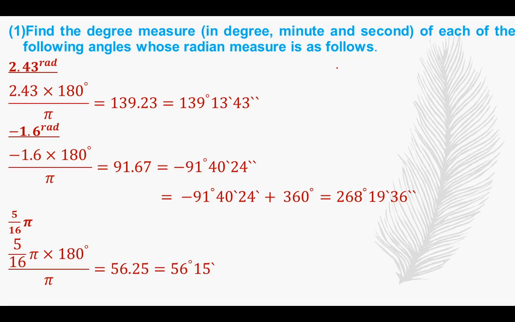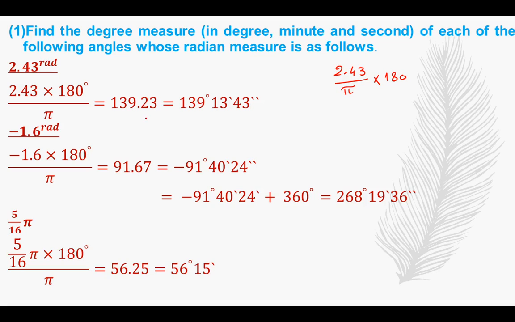So we will write 2.43 over pi multiplied by 180. This is the rule to convert from radian measure to degree measure. 2.43 over pi multiplied by 180, or we can write it as 2.43 times 180 over pi. The result will be